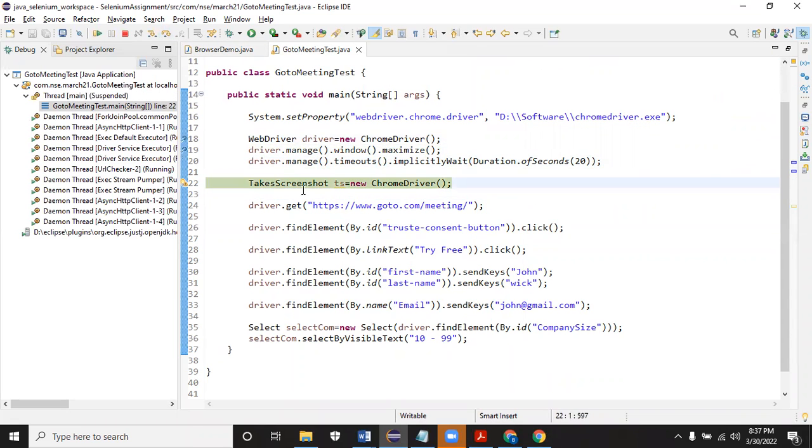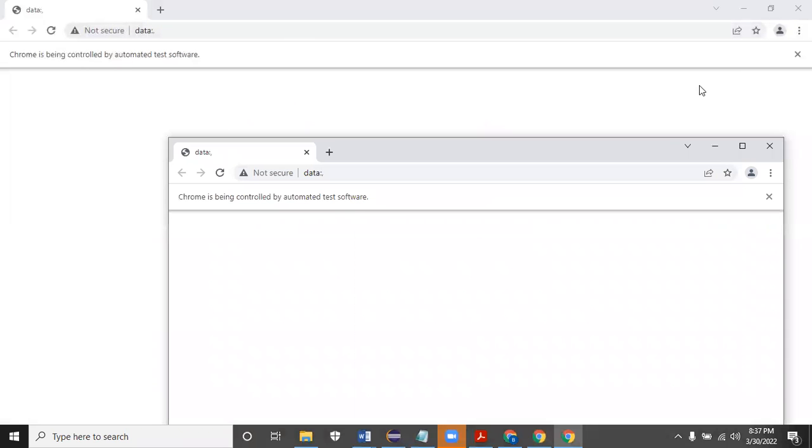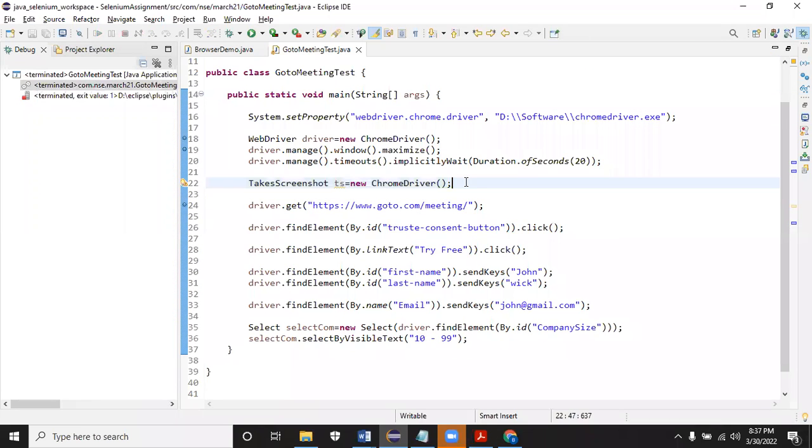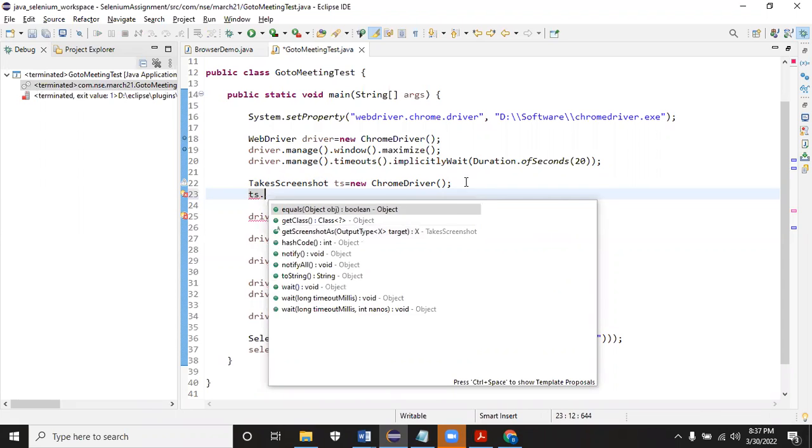Now, in line number 22, I'm creating an object for new Chrome driver. Again, it will try to launch the browser. You see one browser here and one more browser got launched. If I do ts dot get screenshot, it will take the screenshot from the new browser which is getting launched. Understood?